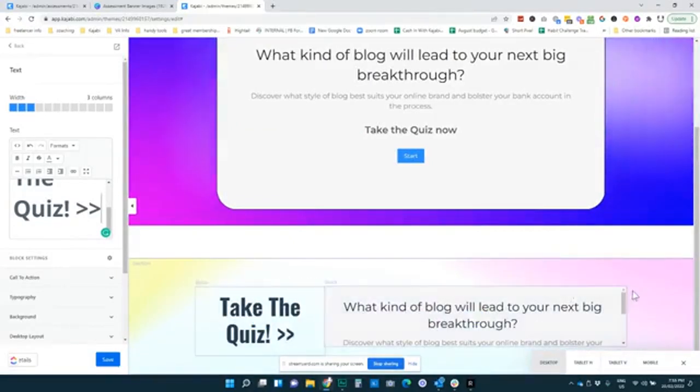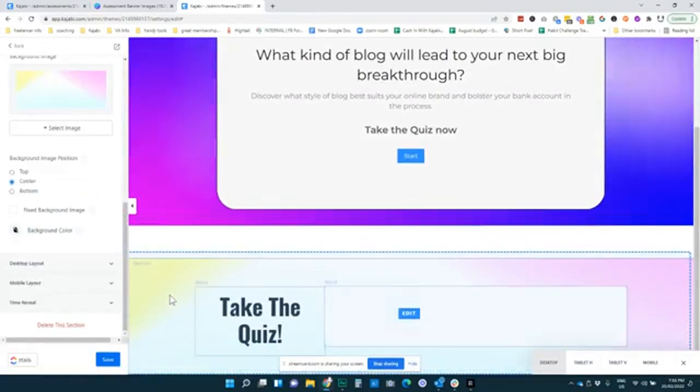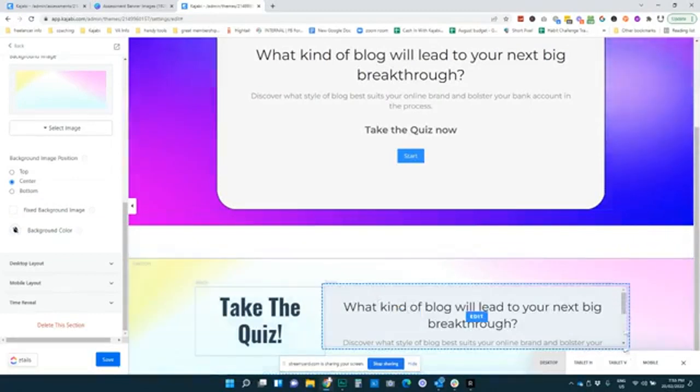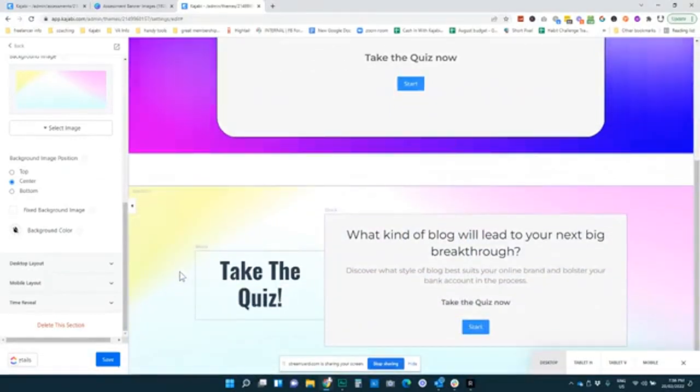Now with the quiz, when you are doing a smaller block, I'm going to take that off for now because I've got this on mobile too. See, we've got this box down here that isn't going to stay on the page. It will expand to the size of the quiz and the number of answers that you have. So I'll show you what this looks like on an actual page, and what happens when someone goes through the quiz, because that's a little bit imperfect, but we can live with imperfect if it helps us